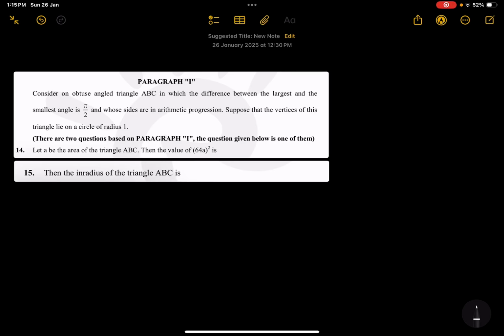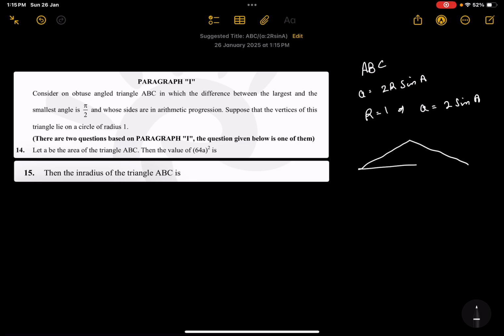Finally, one from solutions of triangle. So recall that in triangle ABC, the side a is equal to 2R sine A. With that, and in this one, we are given that R is 1, so that makes a equal to 2 sine A. Then we are given